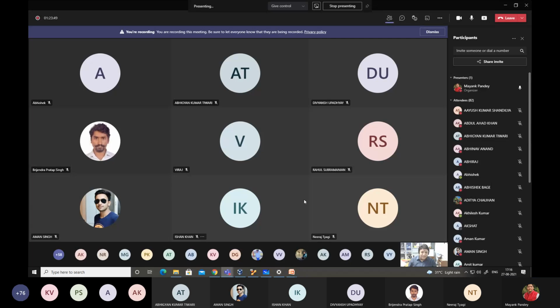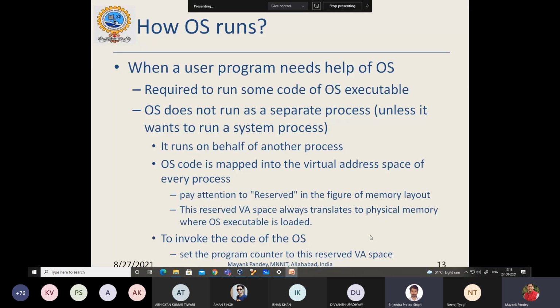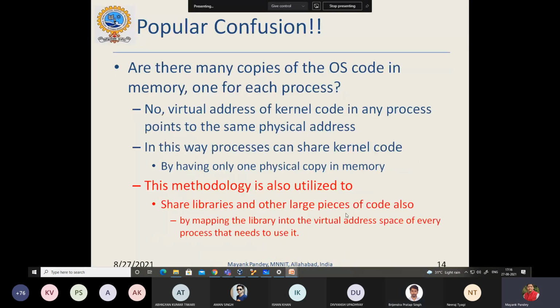Why, Aman? Why? Yes, Brijendra. No, sir, it does not have. It is actually having the mapping just. This code is here, that code is there. That's a point. That's a point. So we have only